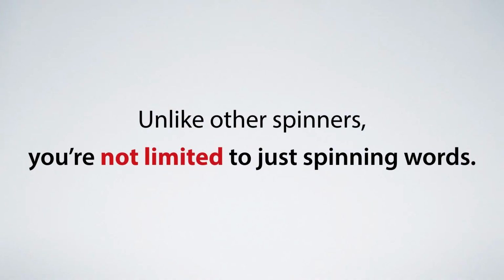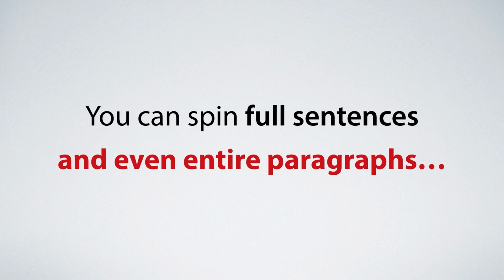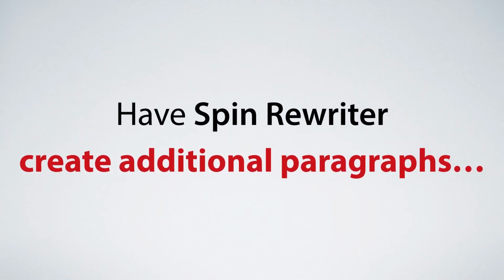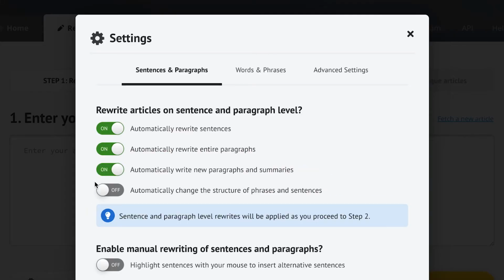Because we're not just about accuracy and we're not just about speed, we're about putting you in complete control. Unlike some other spinners, you're not limited to just spinning words. You can spin full sentences and even entire paragraphs, which lets you get even more unique text without changing the meaning of your article. You can even have Spin Rewriter create additional paragraphs. Select this option and Spin Rewriter will extract additional information from your text in order to create brand new paragraphs